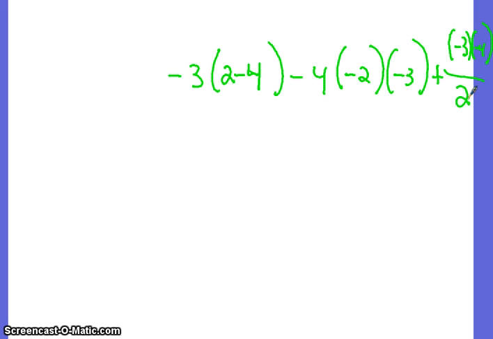So if you remember with order of operations, we have to keep all kinds of things in mind. We have to keep in mind parentheses. We have to keep in mind exponents, which I don't have on this. We have to keep in mind multiplication and division. So keeping those things in mind,